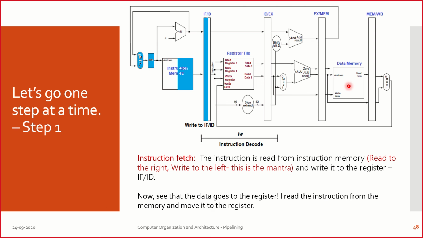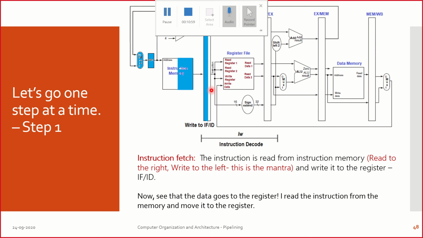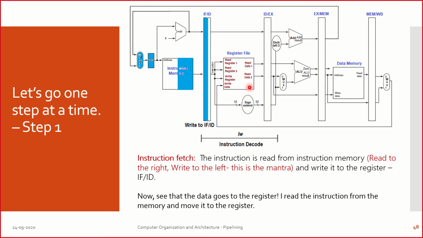Now, what are the first things that we are expected to do? I am going to now trace the data path for load word. What is the first stage? This is the first stage. The PC is going to be used completely. There is no writing, no reading here. So I am going to use the PC and the mux completely. So I have highlighted. Now let's come into the instruction memory.